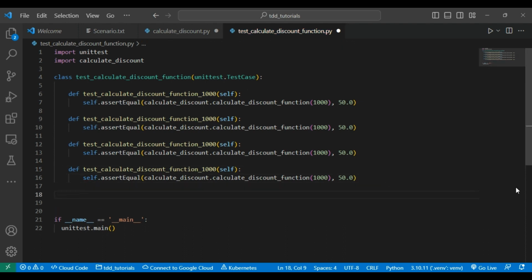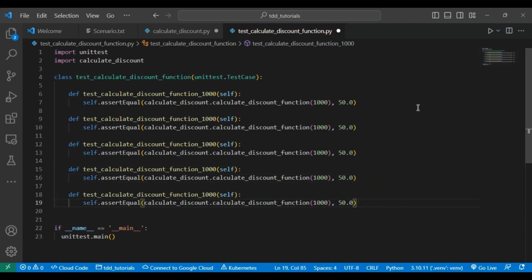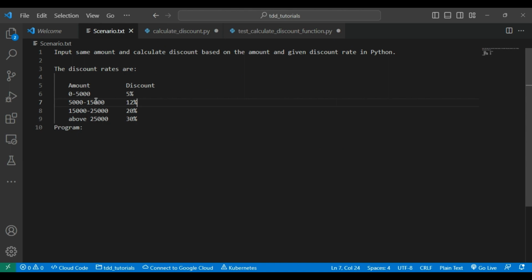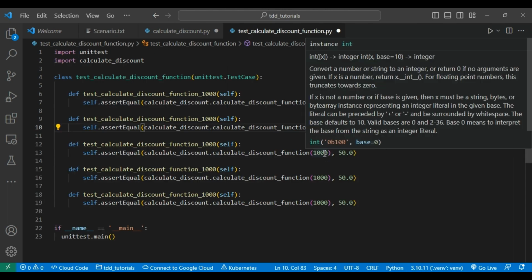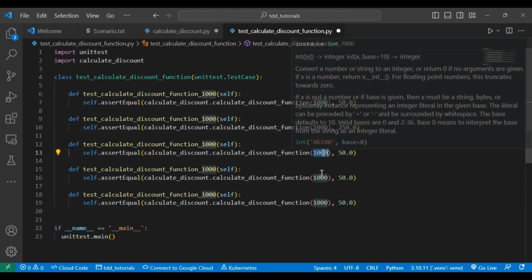I'm just copy-pasting the first method and changing this value to 5000. Since up to 5000 is 5%, it will be 250. And if you see here, 5000 to 15,000 is 12%, so we will put